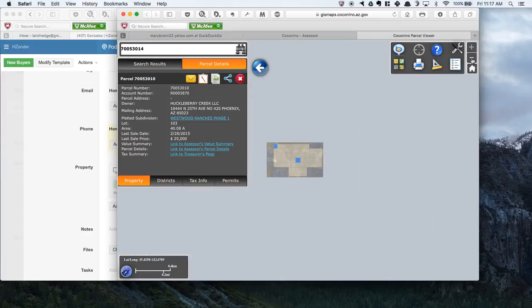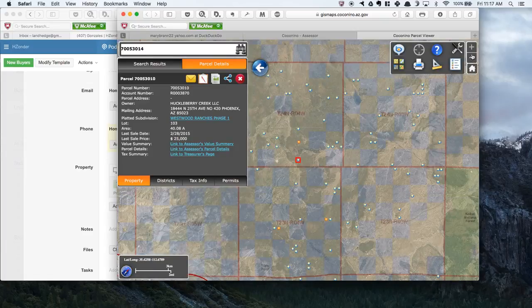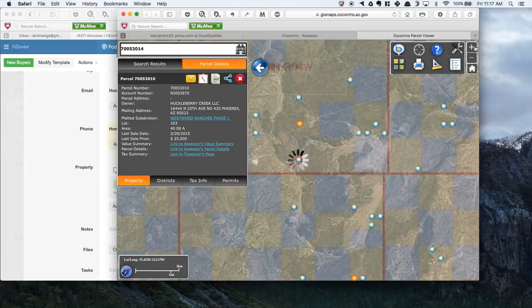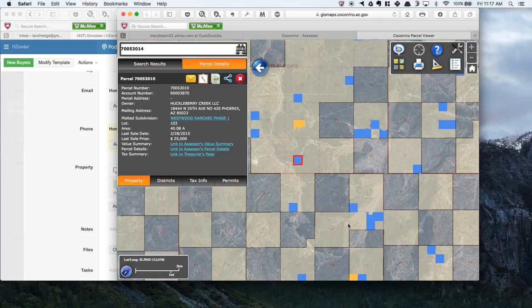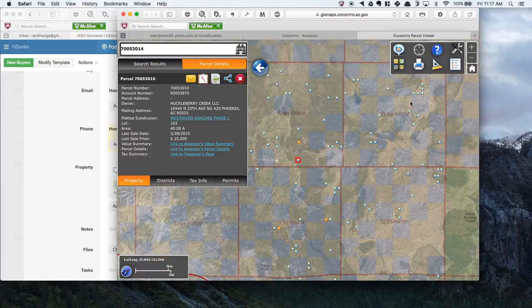And if I pull out a little bit, I can see, well, it's a little too far. I can see all the nearby sales. But this whole area is in the subdivision we're looking at, which is Westwood Ranches. Now there are different phases of Westwood Ranch: Phase 1, Phase 2, Phase 3, and so on. So what I really want to do is get a spreadsheet of all this data. The problem with this is I'd have to go in individually and transcribe this data, and that's kind of a pain in the butt. So what I'm going to do is go over to the Coconino County